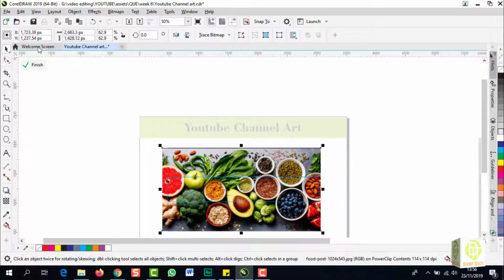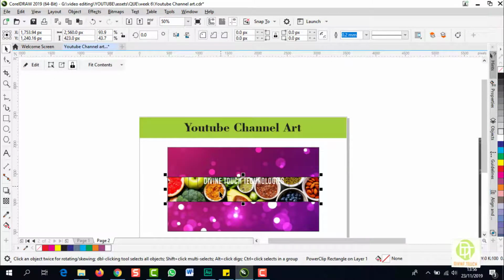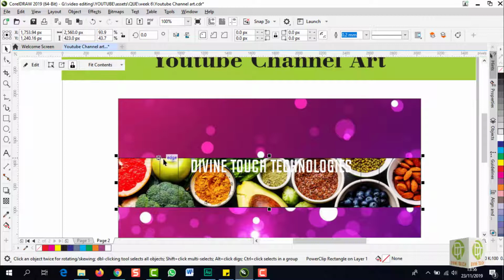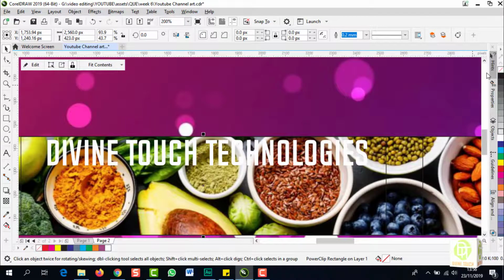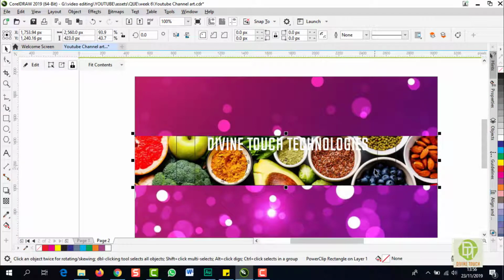There it is, and I finish by doing that. I also need to remove the outline for this case by right clicking over there. These two here, we need to remove the outline. The outer one we also remove,